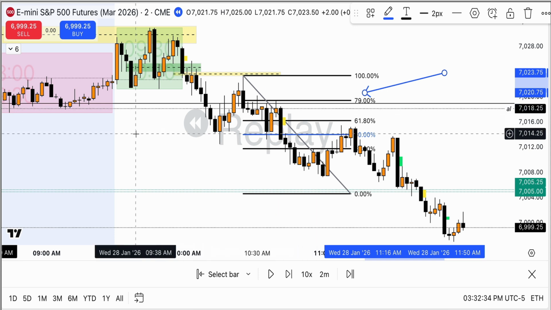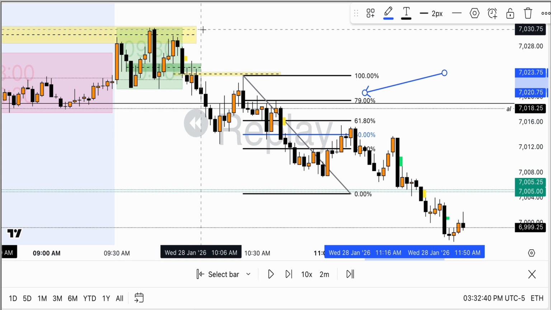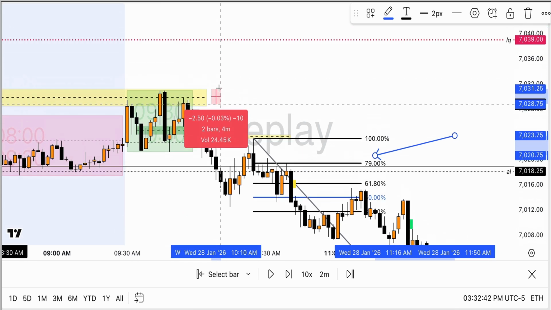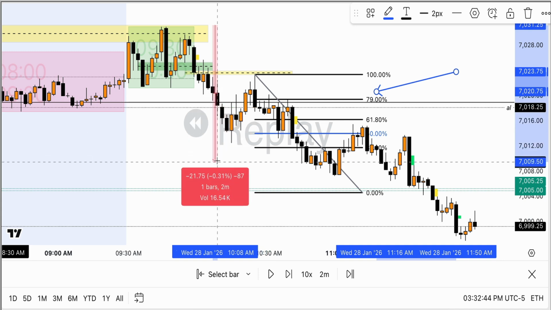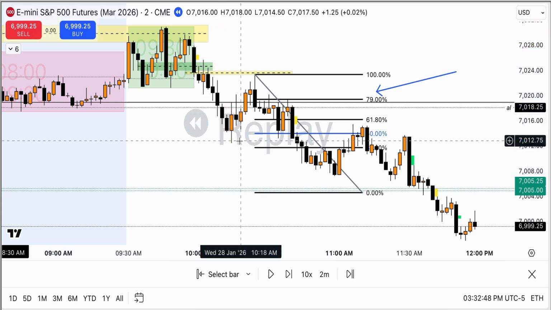The one thing I do also want to mention, because I said it's a framework, is that for the first stage I also have, not rules, but a criteria that the first swing must be 20 points or more. This is about 19, 18, give or take, which is good. On any given day, that's good. It'd be nice if it's a little bit more. The fact that it's less than 20 and we have news would not have allowed me to take this trade.